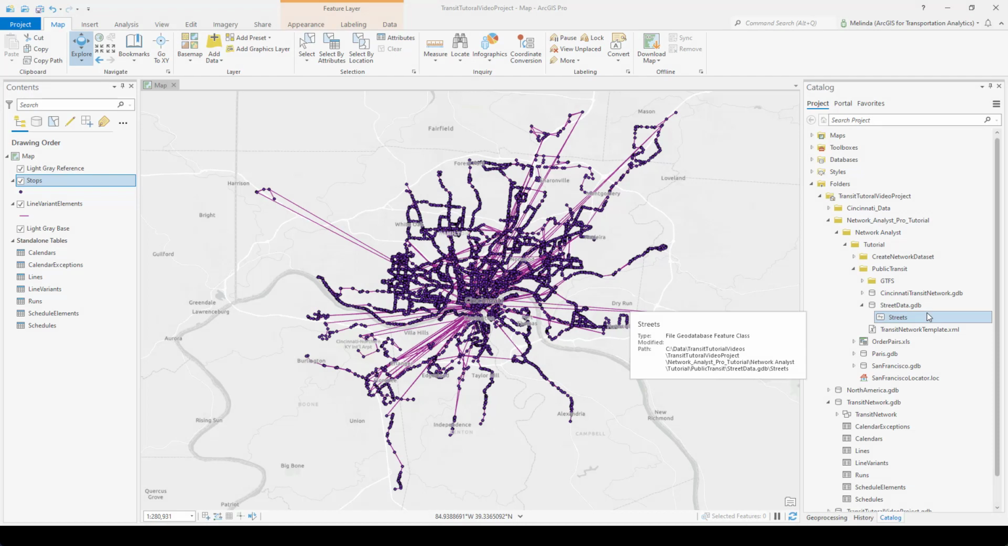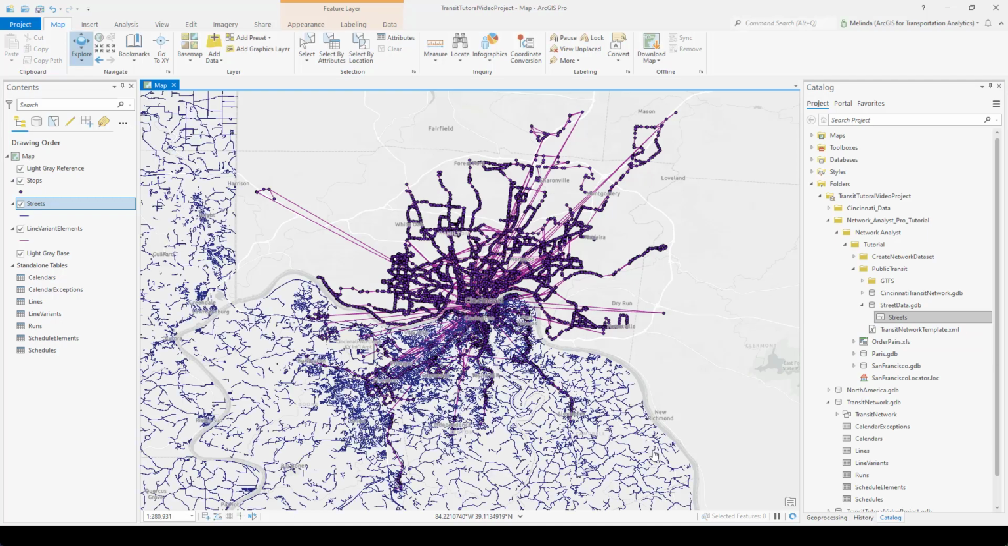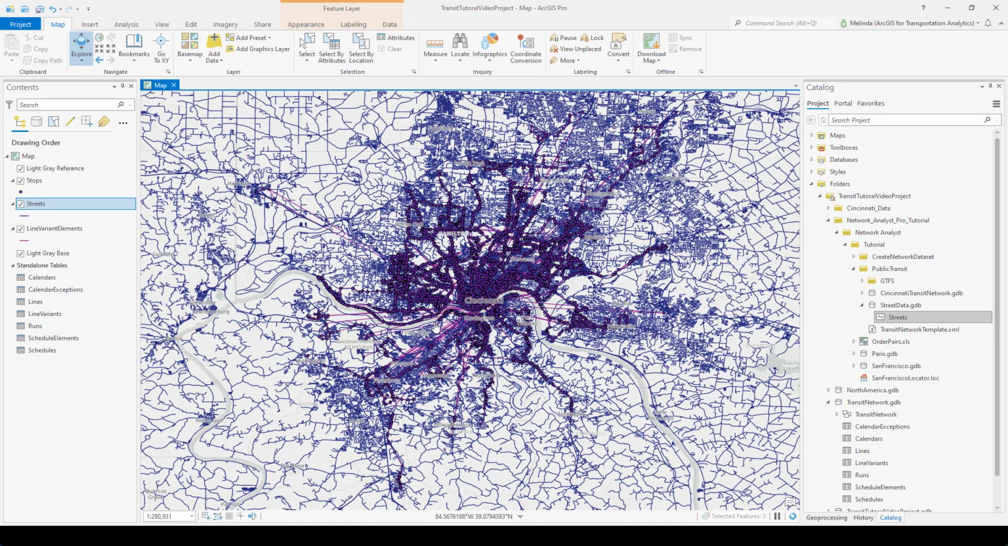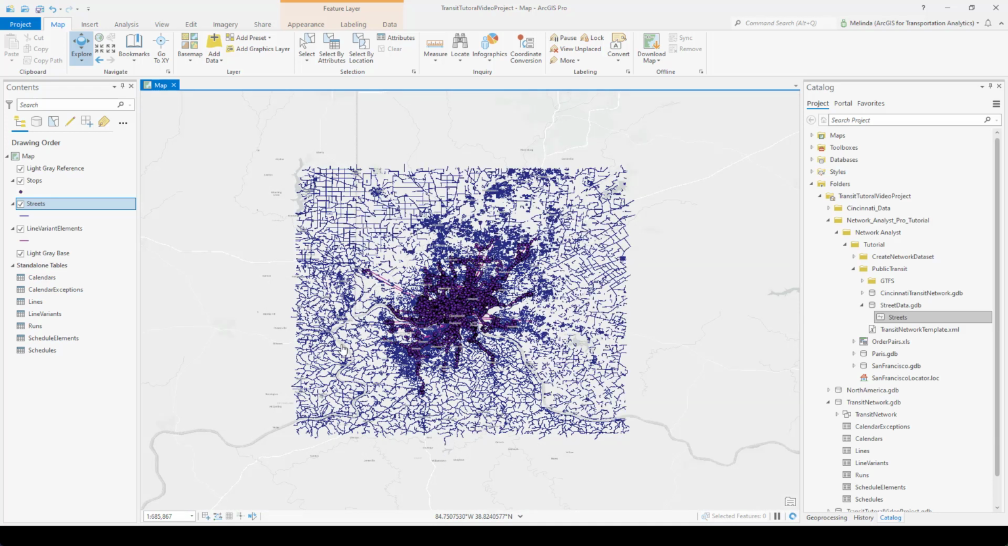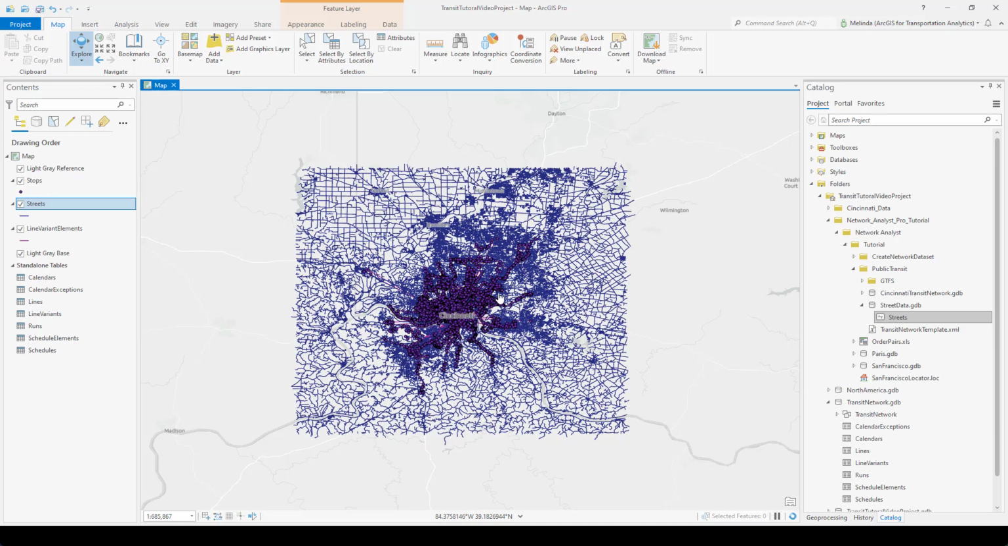For my network, I'm going to use the streets data that came with the Network Analyst tutorial data. So the first thing I want to check is just the basic geographic coverage of this data. Make sure it covers the same area that my public transit data does. So let's just add it to the map and take a look. All right. So it looks like the extent of this street data set more than covers the public transit data,